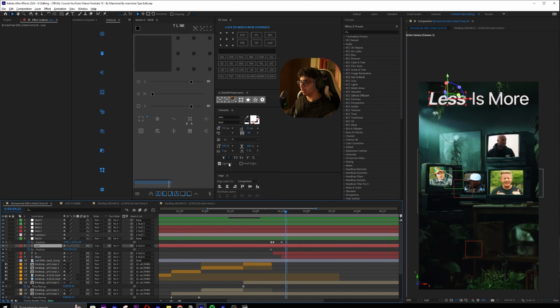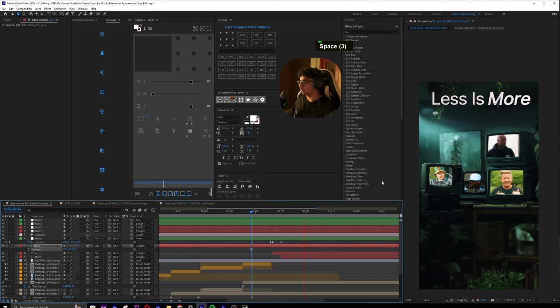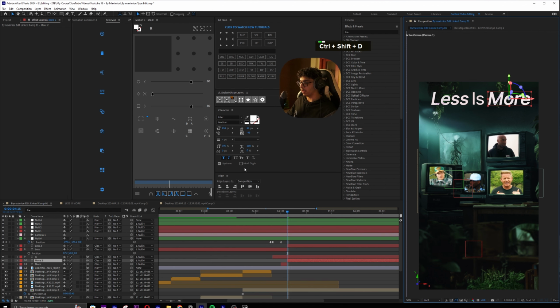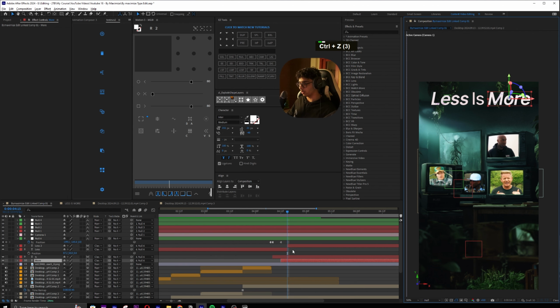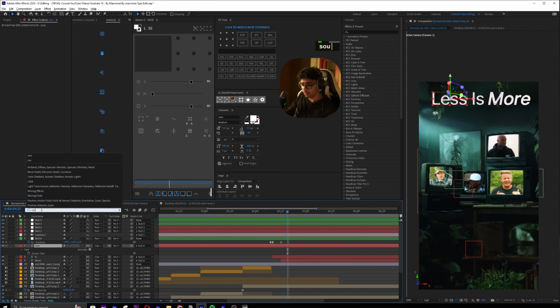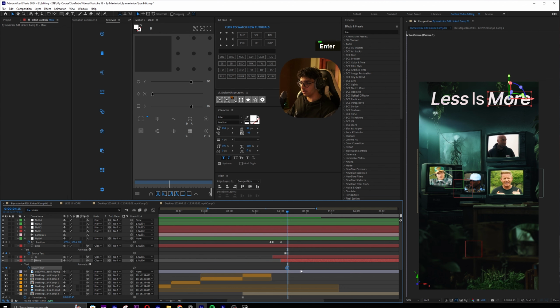I'm going to make this one normal, make this one medium, and the more is going to be italic and like this. So look, less is more, like this, and then give it 3 frames, 1 2, and I'm going to make a cut, and I'll flip this. I'll make this italic and bold, and I'll switch this back to normal after making a cut. By the way, we can do this with source text as well, so that's going to be more efficient. So if I take my text and I write source text, and at this point I do this, and for this I do it the opposite, source text. So you can see through the source text this is going to happen.